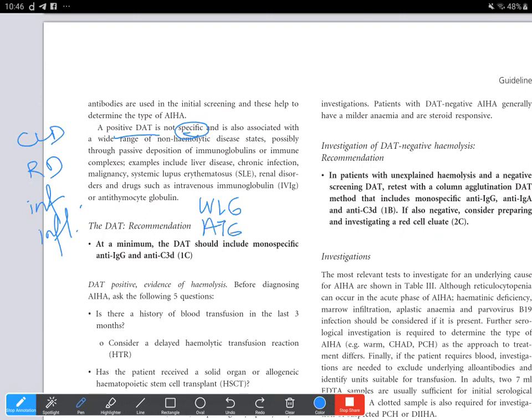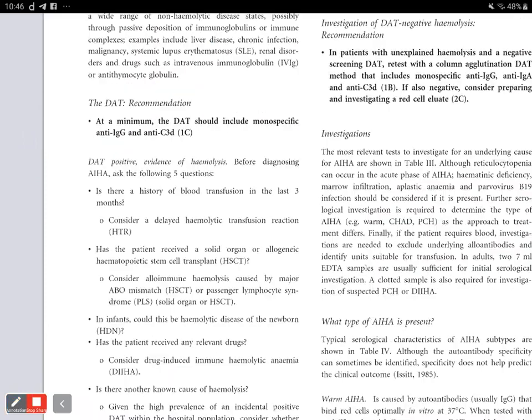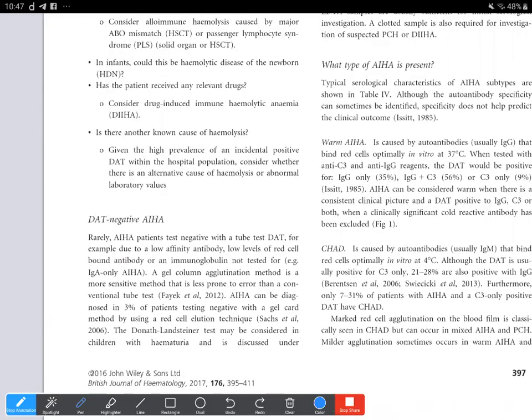It can also be autoimmune hemolytic anemia with a negative DAT. Especially in this case, the DAT may be negative due to a low affinity antibody or low levels of antibody bound to antigens. So there may be a problem with the reagent, that is, the reagent is not strong enough to detect the antibody bound to the red blood cells, or the antibody has a low affinity and so may not be properly bound. It may not be bound in large enough quantity to be detected by the DAT.